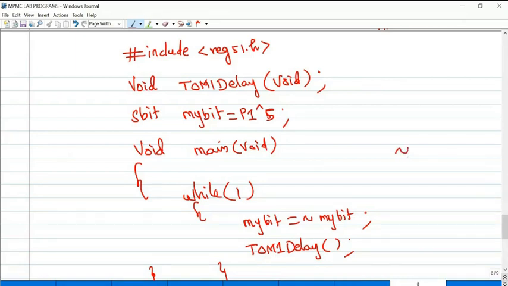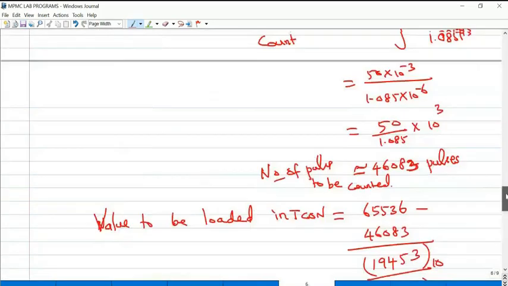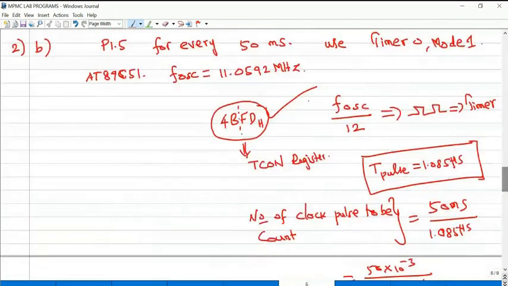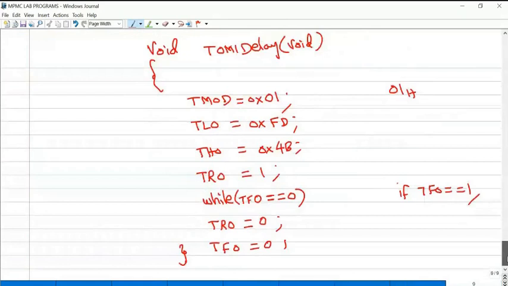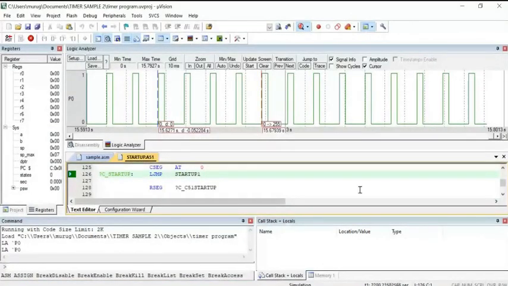This symbol indicates inversion of your particular bit, so for every 50 millisecond you will get the toggle. So this is the code. How to simulate this code in Keil? Same procedure. While saving your source file, you have to mention the .c extension.